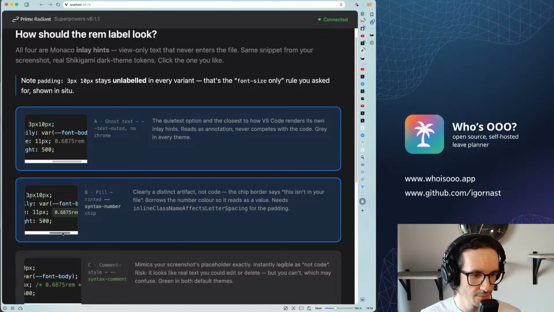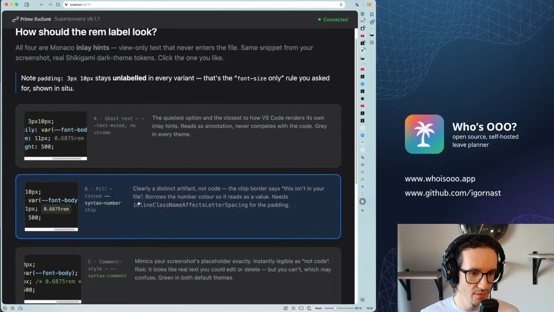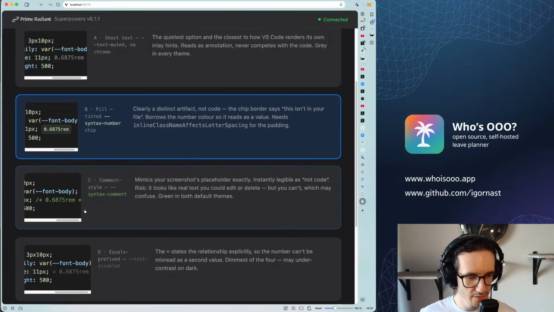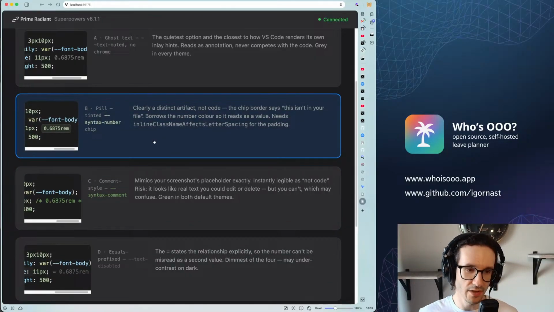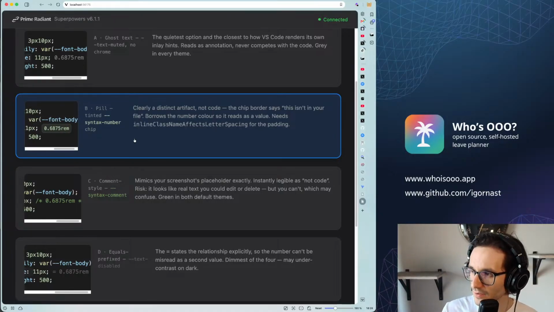Then, I'm gonna be honest with you, I like that one. So it is a pill. It looks like additional information, kind of. I like the design of the second option more. And then the third one, this is a comment. Don't really like it because it looks like you did it. Okay, number 2. I like it the most. Yes. We can change the color if you prefer, but you can let me know later,